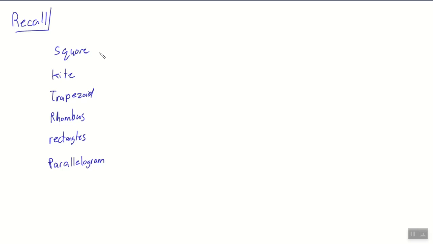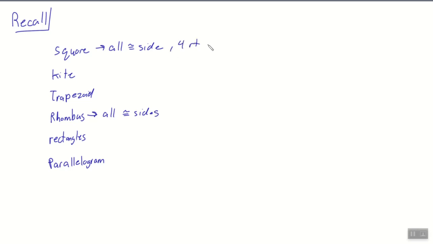Tell me some information about any of these shapes. Square: all same sides, so all congruent sides. Which one also has all congruent sides? Okay, rhombus has. Guys, I would write this down because you're going to need it, and it's better to have this now. What's different between a square and a rhombus? Yes, so this one has, I'm just going to do a comma,